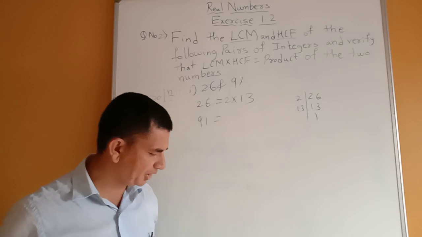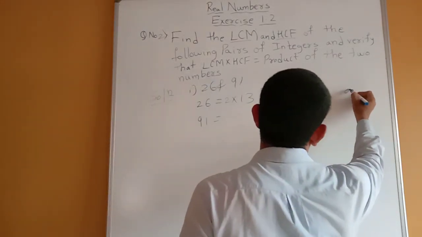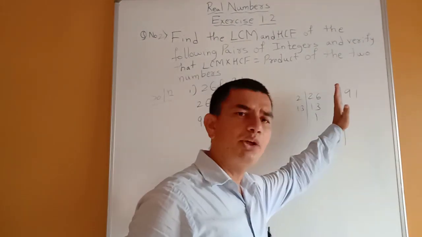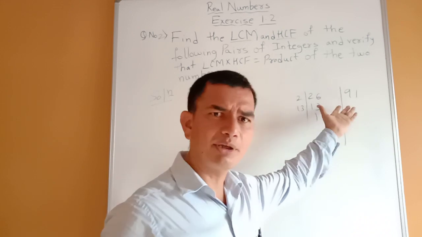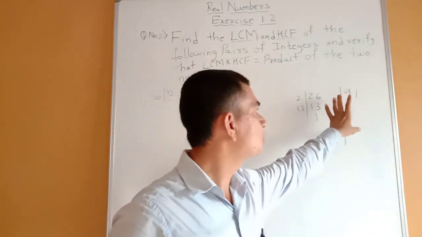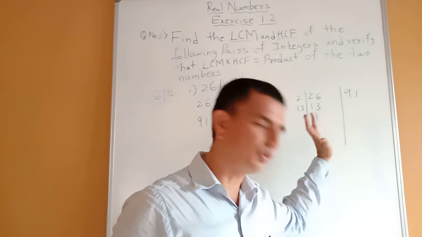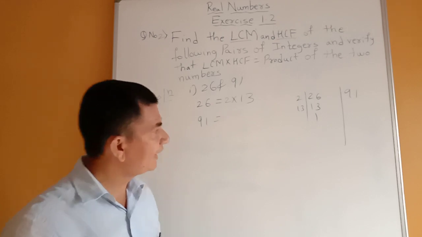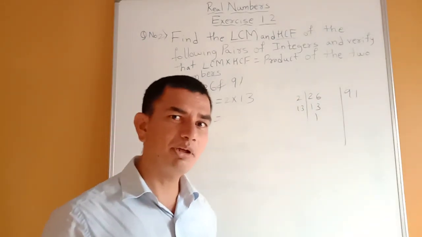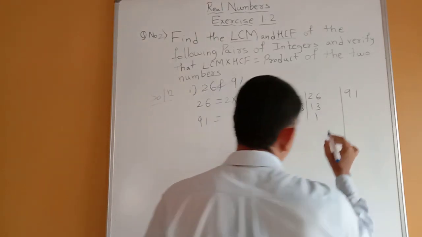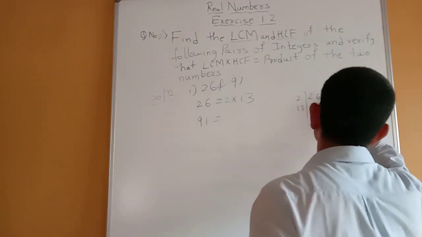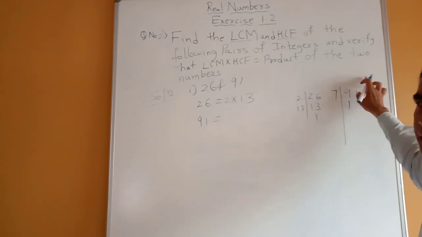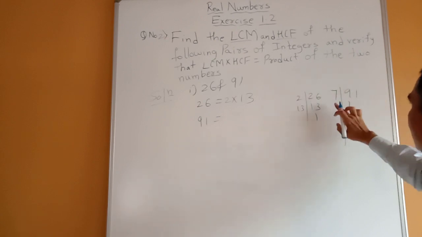Now next one is 91. Again for 91 you can use the same method. What are the factors of 91? Is it a prime number? No, it is not a prime number. So we have to find in which table it is there. It is not there in the 9 table, but it is there in the 7 table. So you can divide by 7. 7 ones are 7. Remaining 2, and the next digit is 1, so 21. 7 threes are 21.